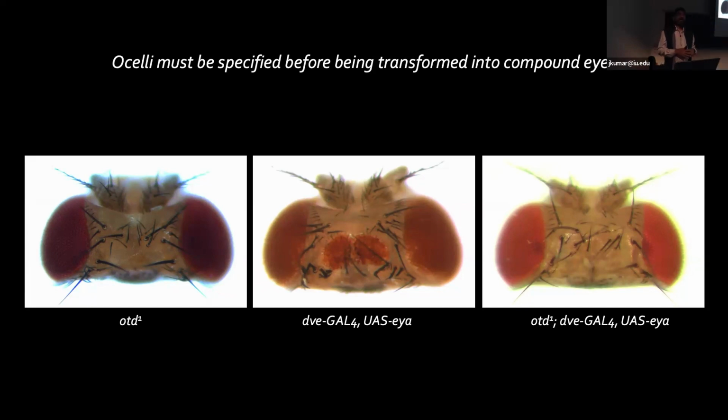The flip side of this argument should work as well. We've been showing you how we can raise levels of this network in one tissue and switch it to another. We should be able to drop expression in the compound eyes and get the reverse transformation. So Claude, whose picture I'll show you at the end, the grad student who's been doing all this work, spent a lot of time getting the right GAL4 drivers, RNAi lines, and mutant combinations together. He found one that actually will work.